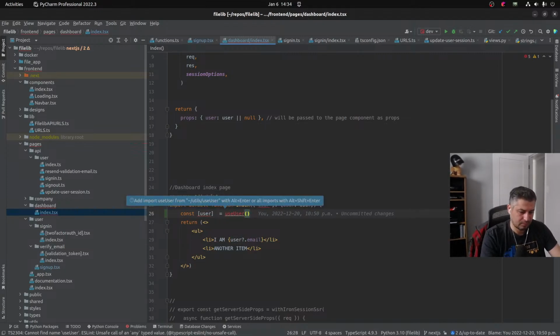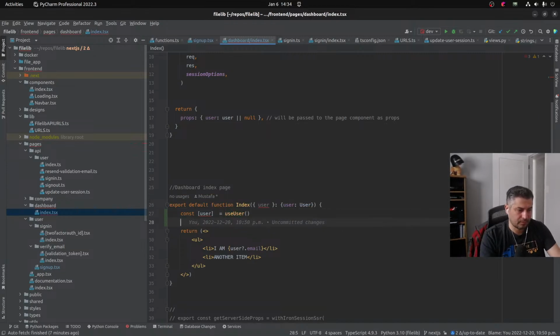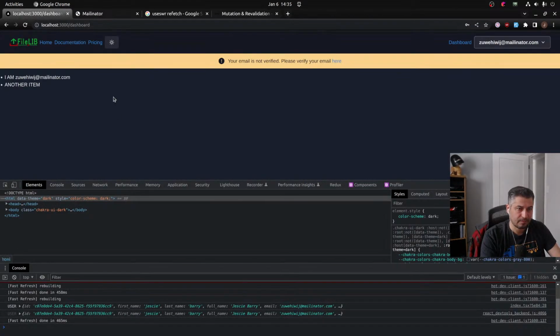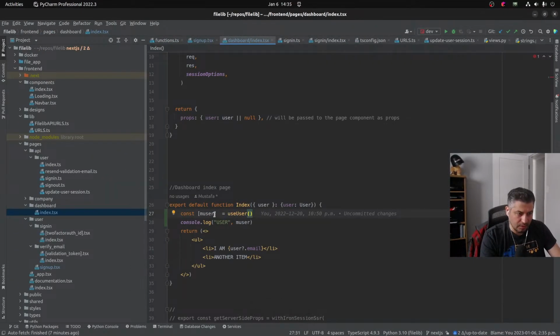Okay. console.log user. I'll just say user and like just my user. Let's see how this really turns out. Because okay, so it is able to get the user just fine. And if I see, right, is loading,